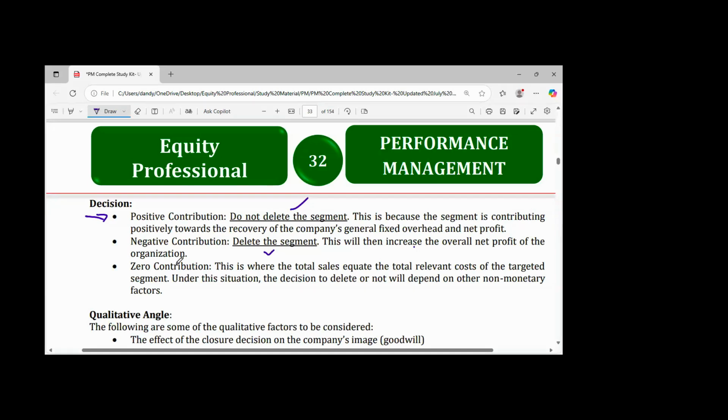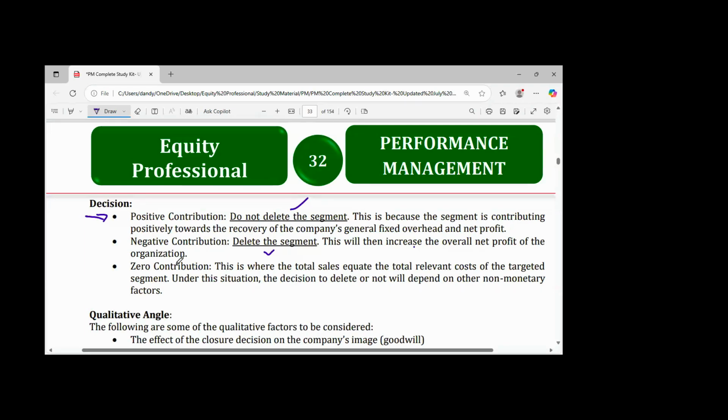So the number one factor that you need to take into consideration, remember I told you that the qualitative factors are those factors that cannot be expressed in monetary terms. Any factor that you cannot quantify, these are qualitative, non-monetary, non-quantifiable factors that you need to take into consideration. Number one factor is to consider the impact of the closure decision on the company's turnover, okay, especially as it has to do